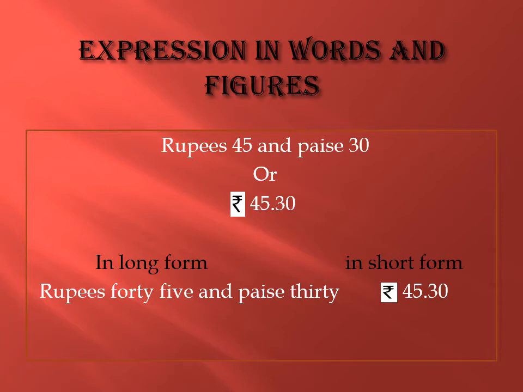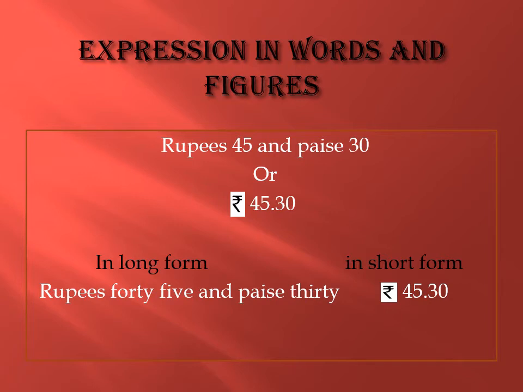Let's learn how to express the amount in words and in figures. When we have to express it in words, we write in alphabets, means rupees in words and the amount in words. Here I have taken an example, rupees 45 and paise 30. This is the long form to write, and in short we may write like rupee symbol with numeral digits, means rupee